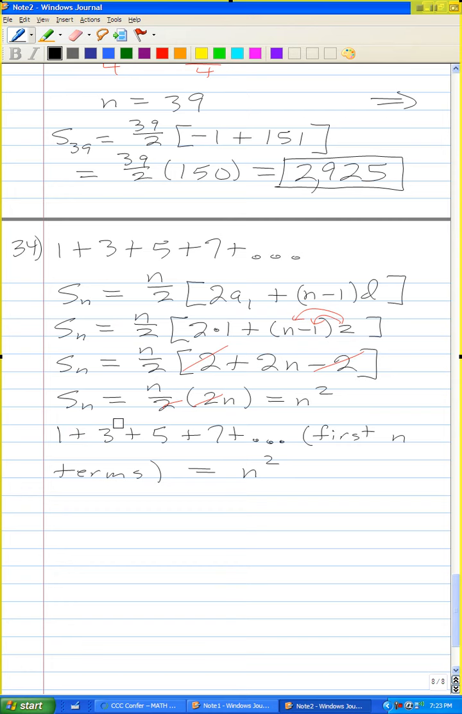And then 1 plus 3 is 4, 2 squared. Plus 5 is 9, 3 squared. Plus 7, 16, 4 squared. Plus 9, etc. So you just keep adding them up, and you keep getting